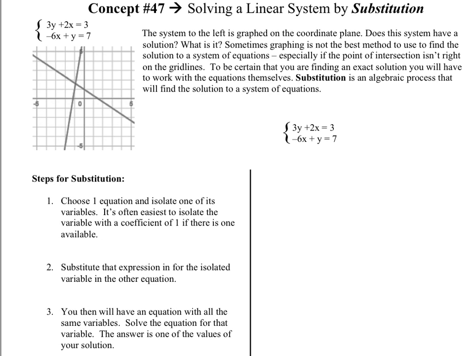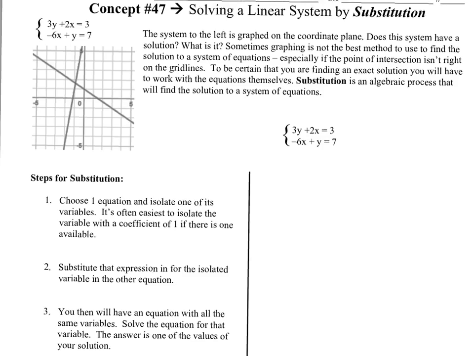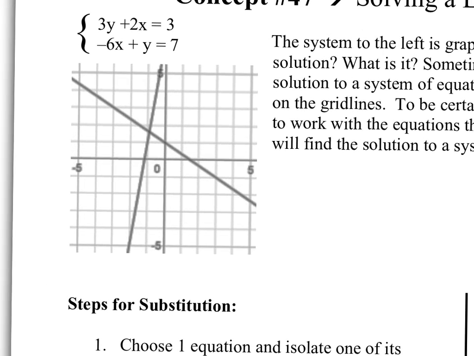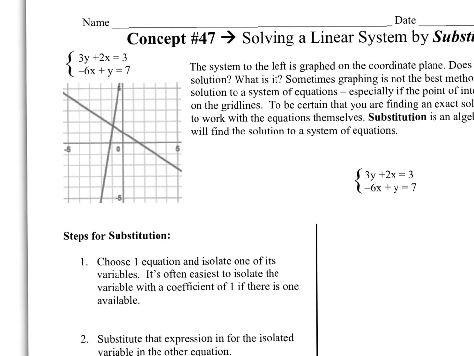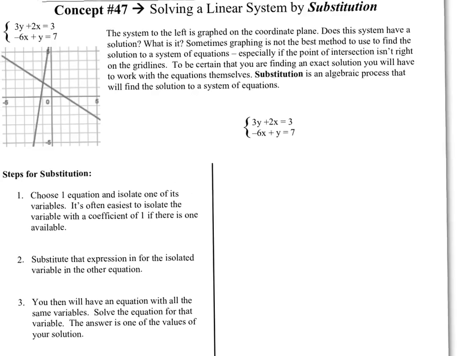Hello. Today we're going to learn how to solve a linear system by substitution. Last class, you learned that you could get the solution to a system by graphing your two equations. So I would put those in slope-intercept form, and you graph them, and you see where they intersect. And they intersect at that point right there. Unfortunately, that point doesn't actually hit an actual grid line, so I'm going to have a really hard time coming up with the solution. So what I'm going to do is show you how to do it using